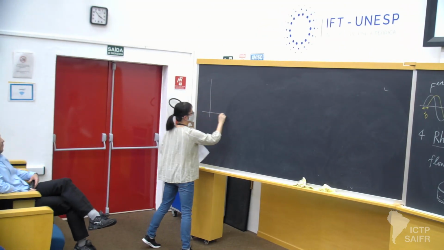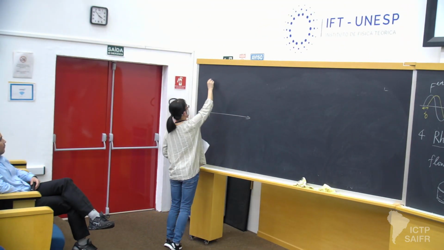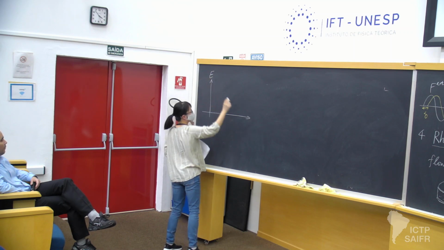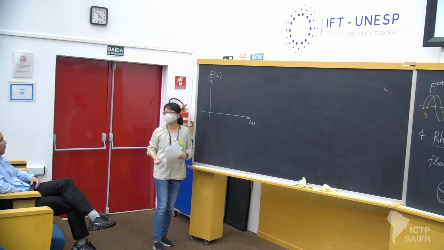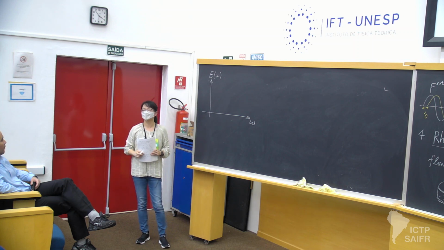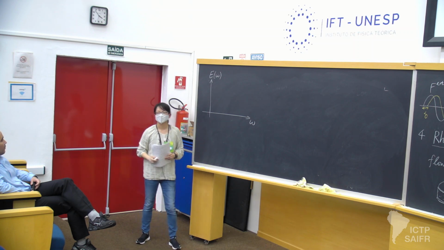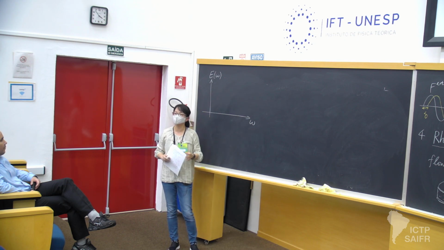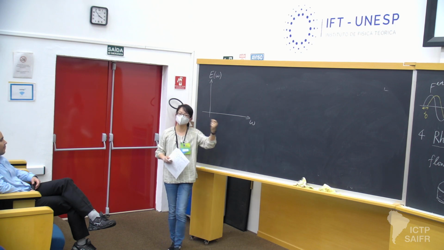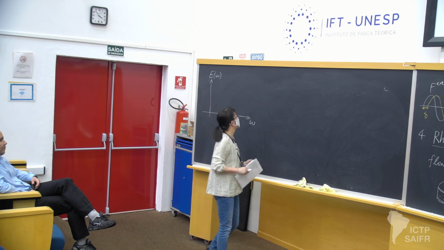Qualitatively, what do you expect the frequency-dependent elastic modulus to be? At a very high frequency, what should we see? If you shake a network really, really fast, faster than all of the eigenmodes,